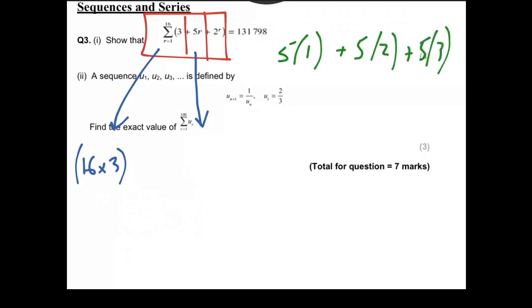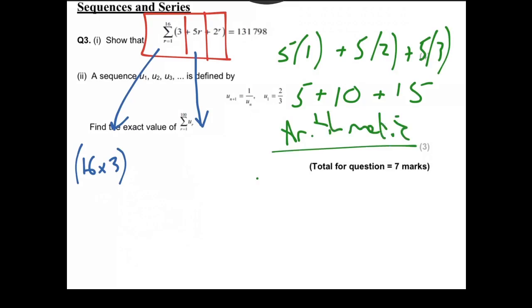Second bit, 5r. This one is going to be an arithmetic series, and we can kind of prove that over here by putting in r equals 1 and r equals 2. So we're going to get 5 lots of 1 plus 5 lots of 2 plus 5 lots of 3. So 5 plus 10 plus 15. So that's an arithmetic series